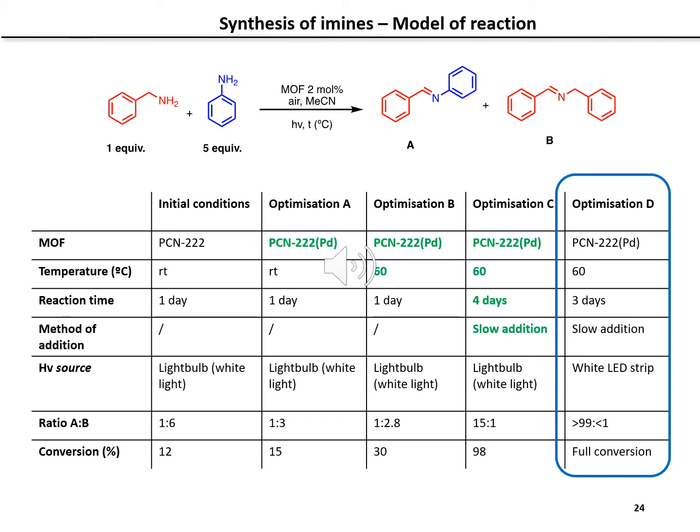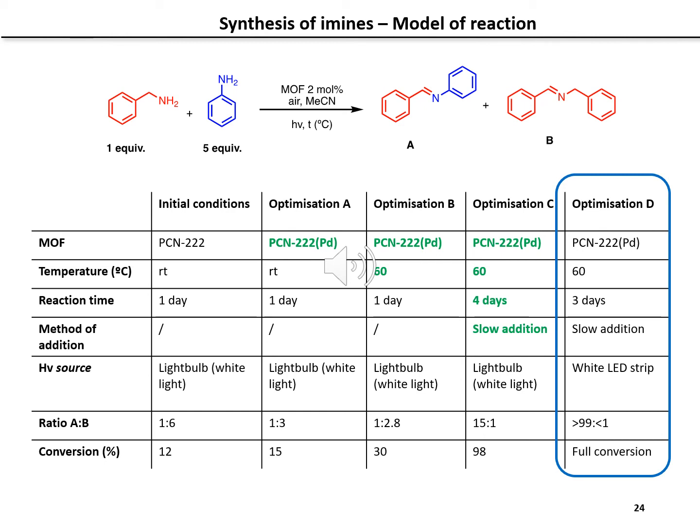In the initial conditions, we use the unmetallated PCN-222 at room temperature after 1 day with a light bulb, white light, directed on the reaction. We have a ratio of A:B of 1:6 and only 12% conversion. For the first optimization, A, we change to a metallated PCN, the palladium one, at the same conditions, room temperature and 1 day. We obtain a ratio of 1:3, so we decrease the self-condensation,